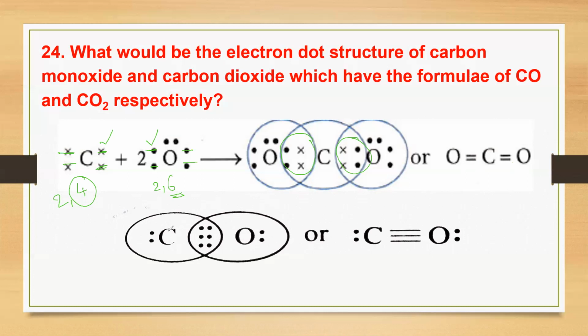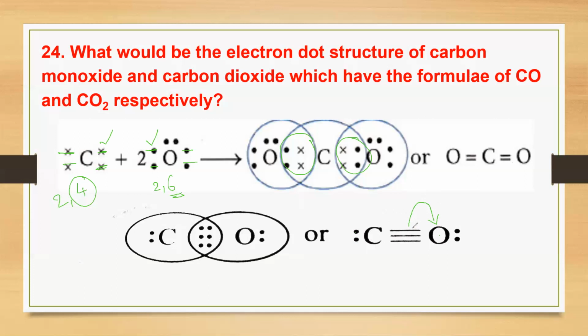In the same manner, carbon monoxide: carbon actually has only four electrons. You can see two electrons are already there, and here three are sharing. Generally, three bonds between the carbon and oxygen are not possible. They always get stability by resonance. Those structures you will study in the higher classes.